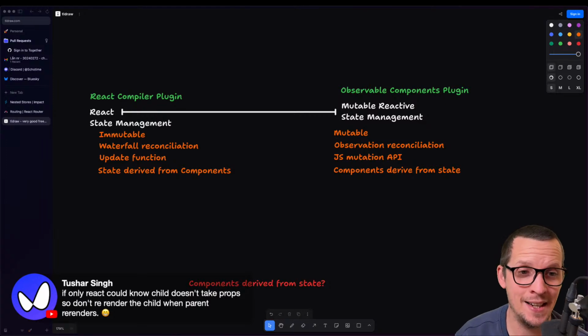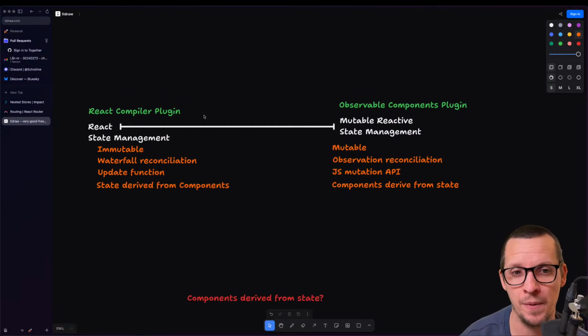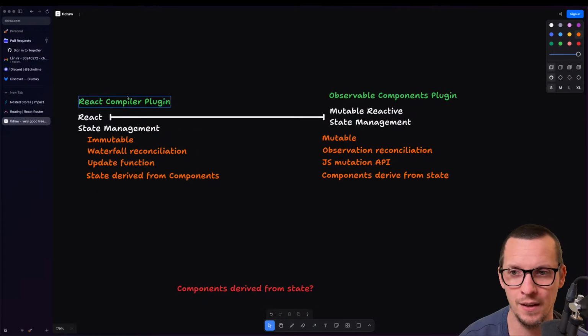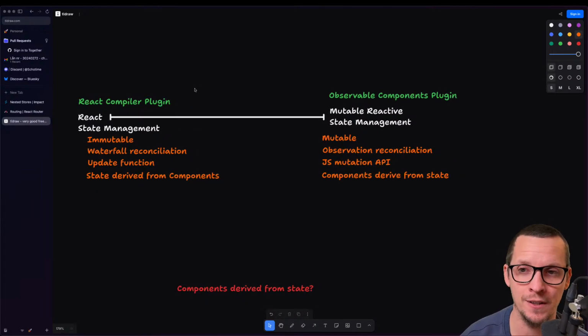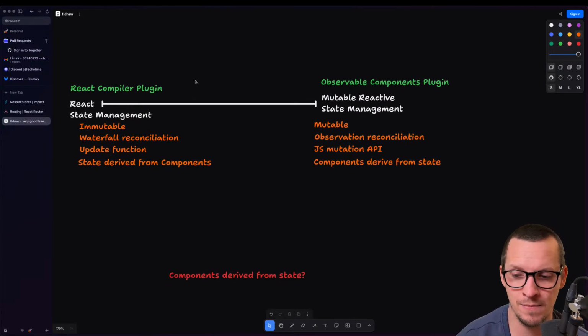And this is exactly what the React compiler does. Well, not just that, but it's a side effect of the React compiler that it will actually do what you expect. I think the React compiler is going to shake things up a lot more than we think, because it's crazy what it does, in a good sense.